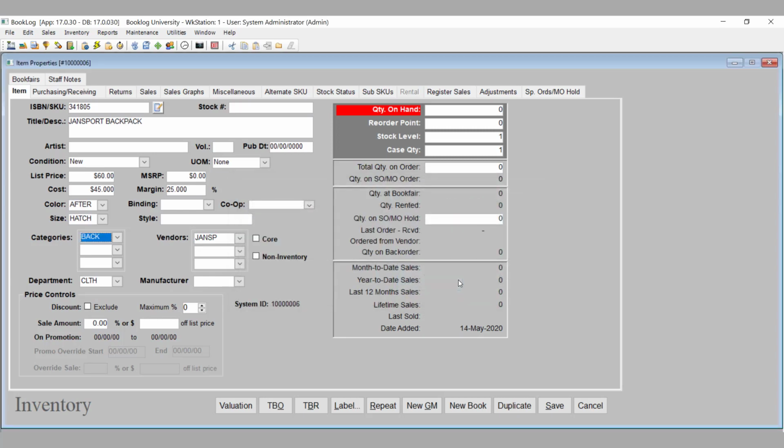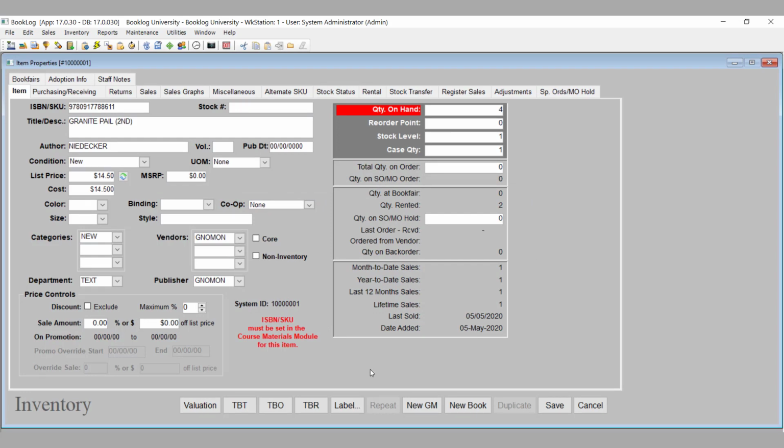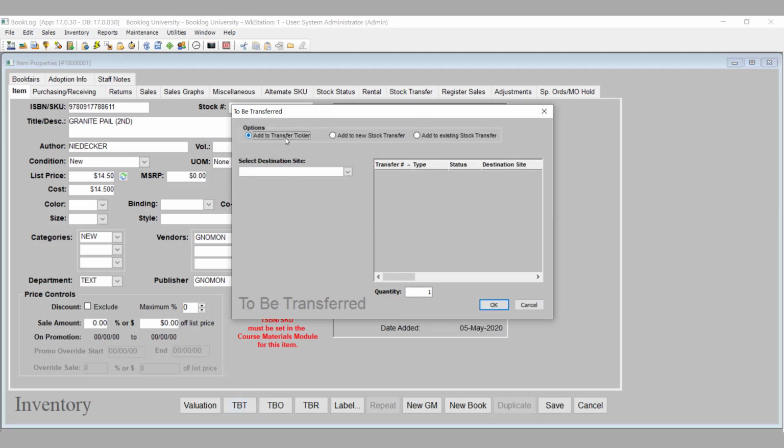sub-SKUs. If you use the multi-store version of Booklog, then you're familiar with stock transfers. Now, in addition to pushing or requesting stock from other store locations, you can add items to a to-be transferred list. Go to the item's properties and click the To Be Transferred button and tell Booklog whether you want to add the item to the To Be Transferred tickler so you can work with it on a later stock transfer, or create a new stock transfer for the item, or add it to an existing transfer. If you add the item to the To Be Transferred tickler, you'll be able to add it to a stock